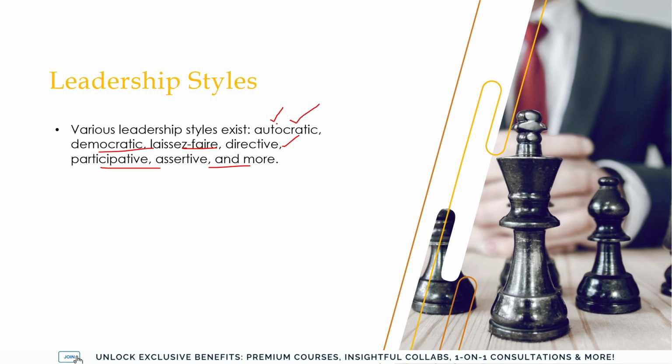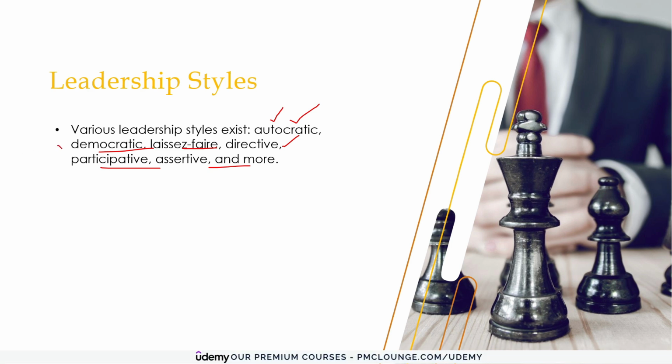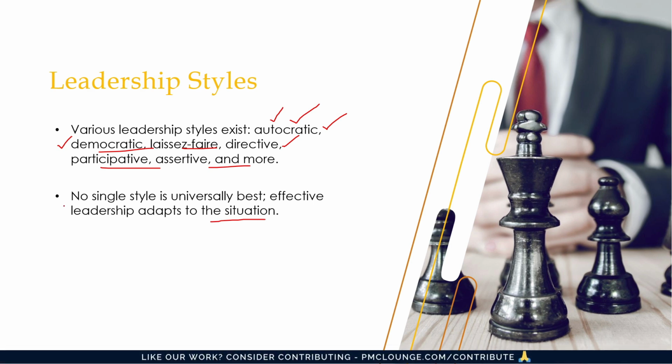Actually, all of them have different strengths and they may have different weaknesses as well. But all of them are good approaches in managing and guiding the team given certain situations. In certain situations, the most democratic leader may have to take an autocratic decision as well. That is also possible. So no single style is universally best. Effective leadership needs to be adapted to the situation, which is what I was talking about, right? So the key here is the ability to assess the situation and choose one of the styles that suits best whatever the challenge is, whatever the situation is.